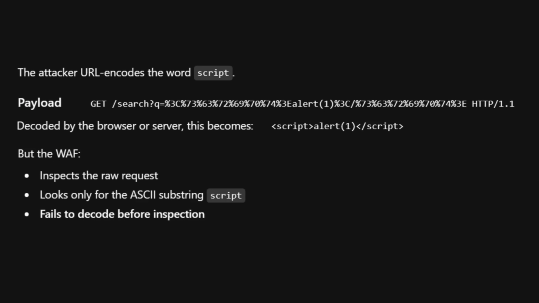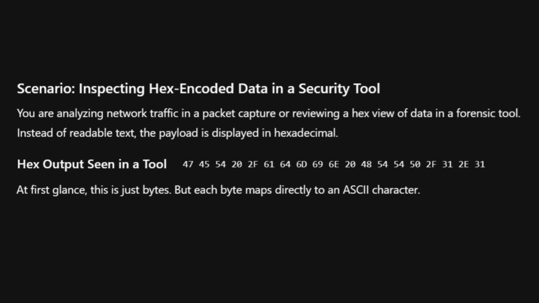Understanding encoding-based attacks is another one. Attackers often use character encoding tricks to bypass security filters. A web application firewall might block requests containing the word script, but fail to block requests where script is encoded differently. And then when working with hexadecimal representations, in security tools and log files, you'll often see text displayed in